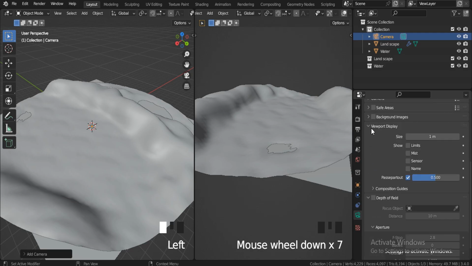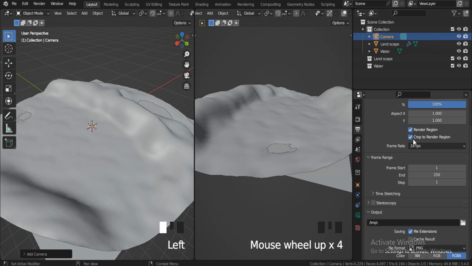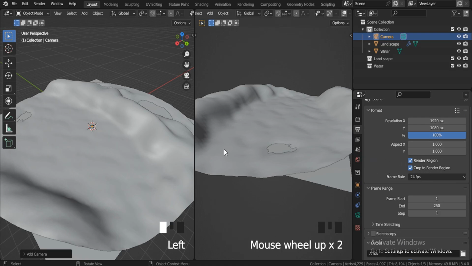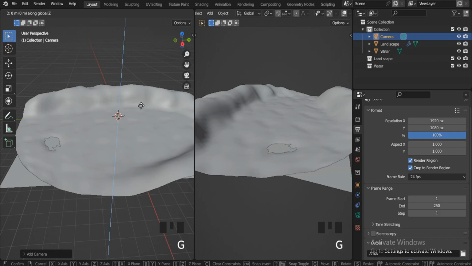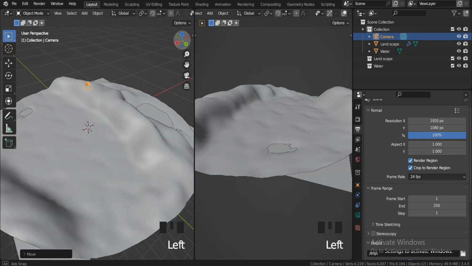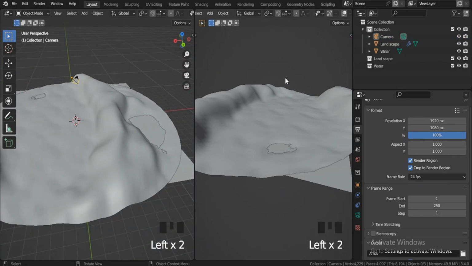Then right here on the viewport display, I'll turn this value to 1. Then right here I'll enable render region and crop to render region. Then I'll move this thing up. Then right here on this viewport I'll hit number pad 0, or enable your gizmo and you can hit this